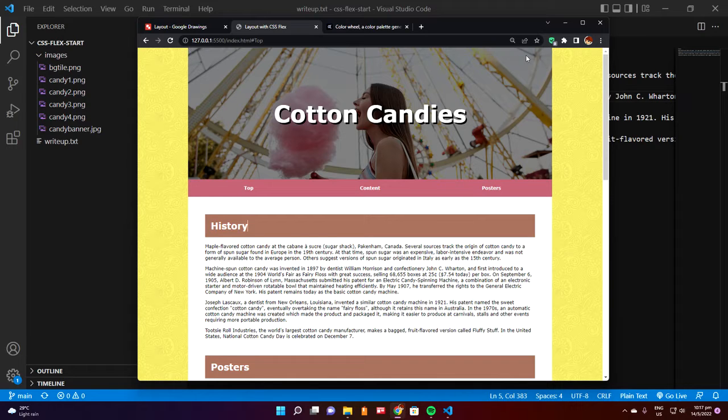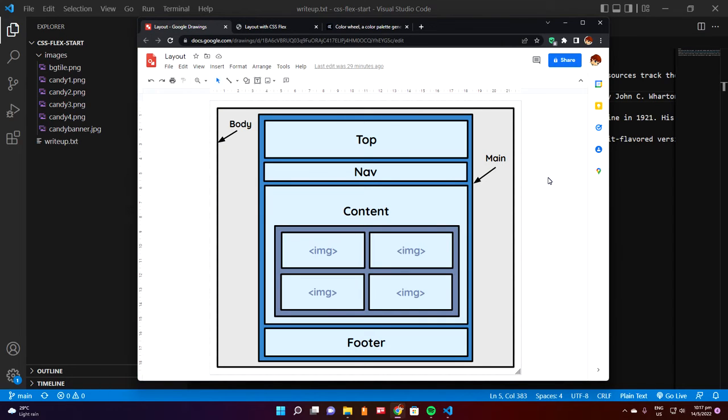So first of all, the top is one division. So how many divisions do we need in this case? You have to visualize it. So we have one gigantic division that holds this entire thing. So I'm going to use an image to show you. In this case you can visualize there is one main division that is inside the body of the HTML,